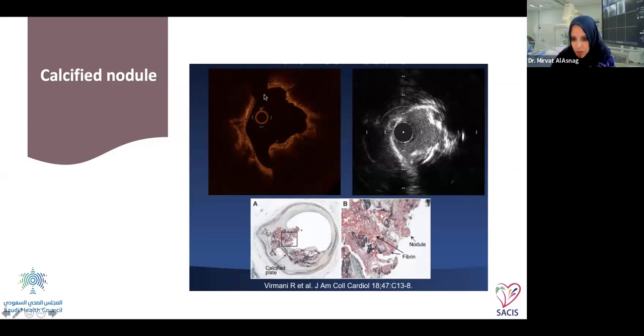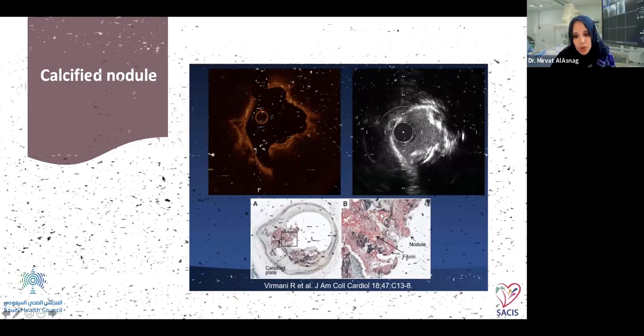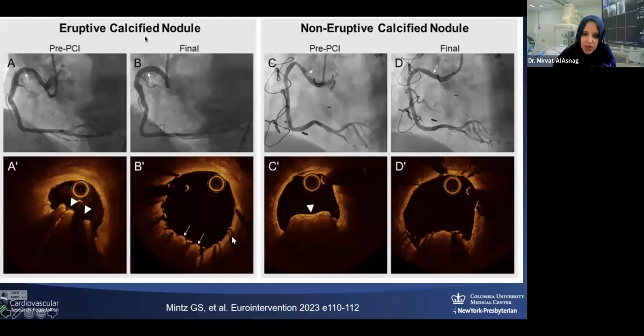Now, with eruptive nodules, you may see that these actually yield, and you may not need atherectomy. In fact, atherectomy may worsen them. So you may want to get a feel for what happens. So look at this example. On the left-hand side, panel A and B are eruptive calcium in the proximal RCA. And it usually happens in vessels like the proximal RCA. It's actually the commonest vessel to have nodules, because this is where you end up having torsion. And that's where the buildup ends up happening. So you see an eruptive nodule, so it's very irregular, but when you dilate, you're going to be able to